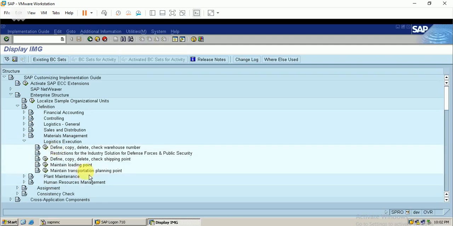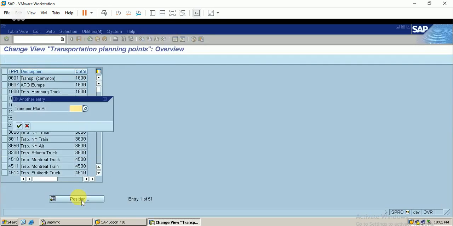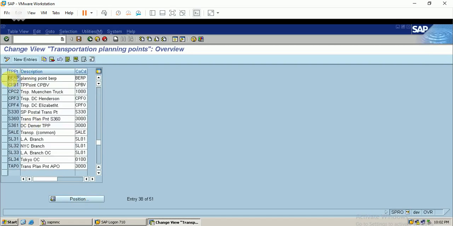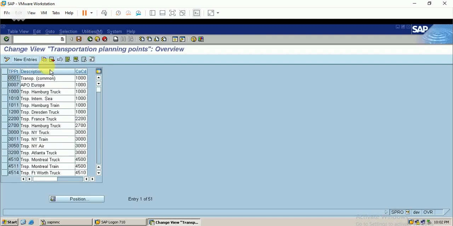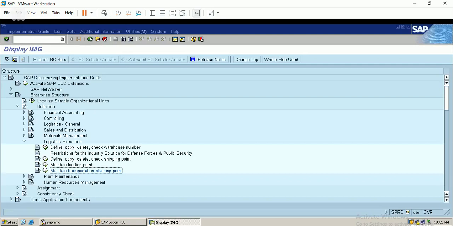You can see here the maintain transportation planning point. So here also I have maintained an entry for my company code. I have maintained a transportation planning point and assigned it to my company code. You can make it by clicking on new entry. So I've configured a new one and assigned it to my company code. Okay, just close this.